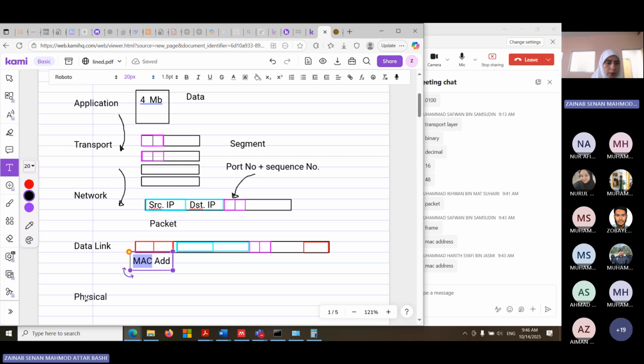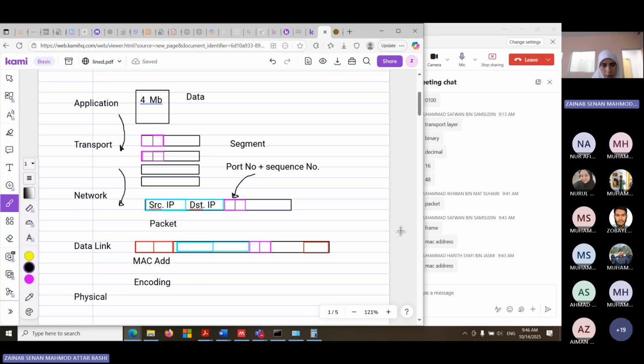When we are here at the data link layer, as we said, there's something called encoding also. Encoding means that we change this, which is now 0110 in the computer, into electrical pulses so I can send it through the media.